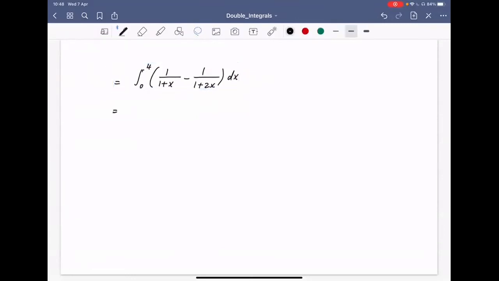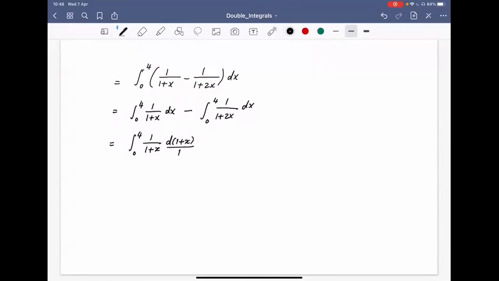And then 1 over x here. So you integrate that. Well, you can say this is integrate 0 to 4, 1 over 1 plus x, dx. Oh, I speak too fast, sorry. Minus integrate 0 to 4, 1 over 1 plus 2x, dx. All right. And then after that, if you want to go slow with me, so this is 1 over 1 plus x, d(1 plus x),